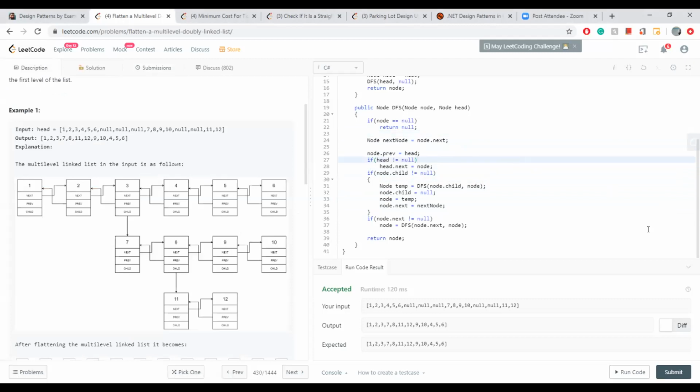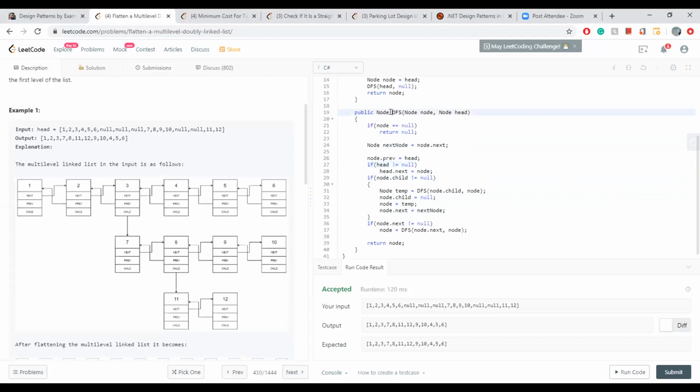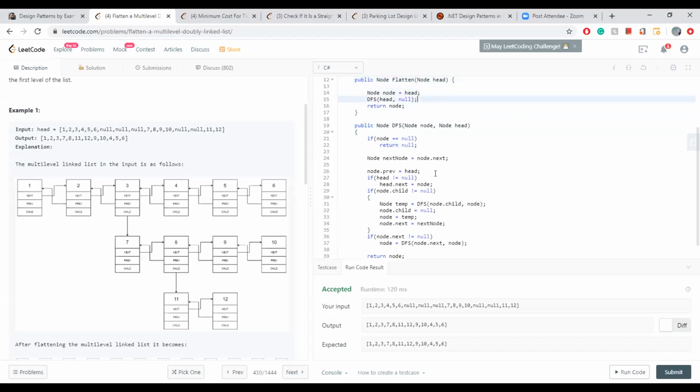So what I'm doing is, I wrote a DFS method. For that, I'm passing the current node and also the head. Initially I pass head as whatever is passed to this one, which is the root, and head will be null.